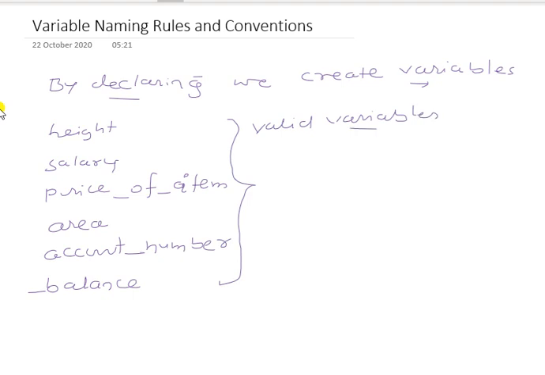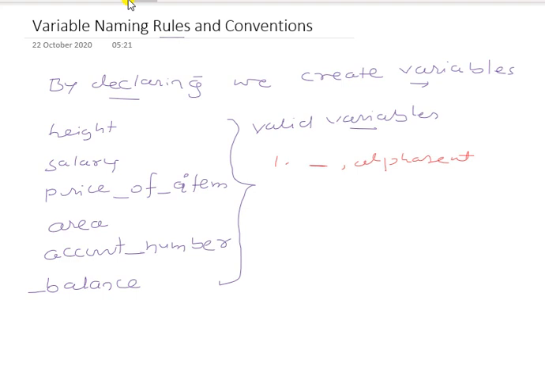They have been created using the rules. What are the rules? A variable name must begin with an alphabet or underscore. An alphabet, or this is underscore we call. It should not begin with any other symbol or digit. That is the first rule.